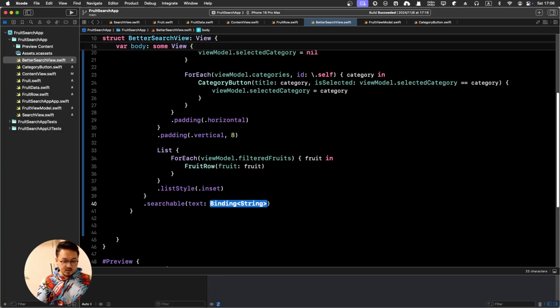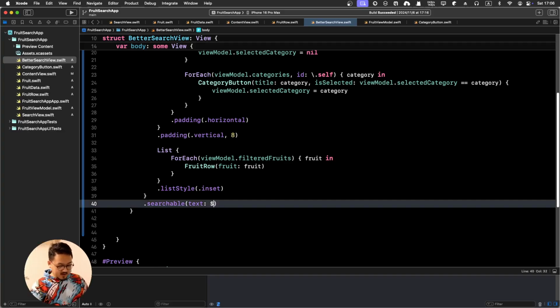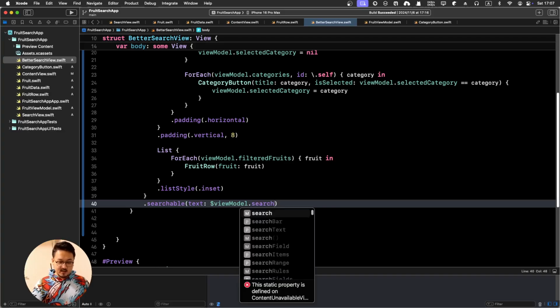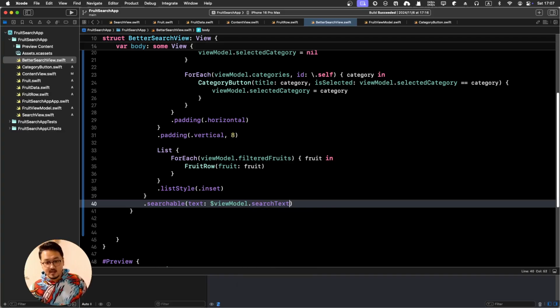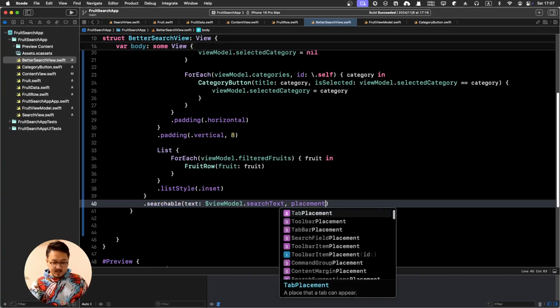Okay, searchable, good. The text will be our binding, view model dot search text. Here we have the search text, and hopefully we can set the placement,